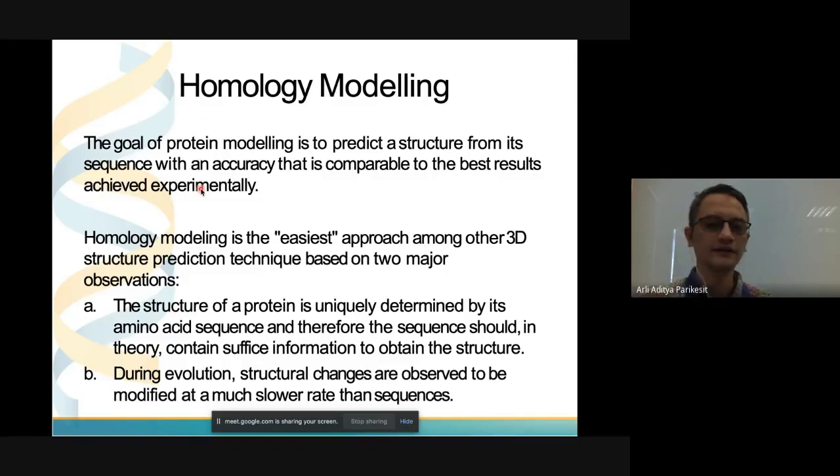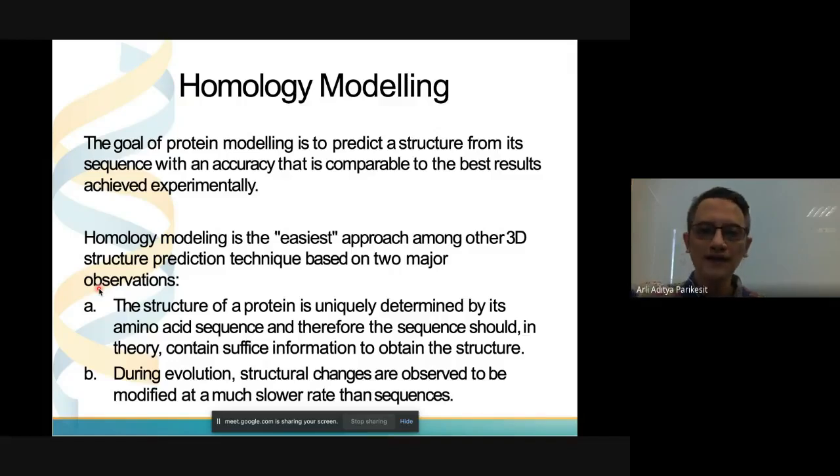So basically, the idea is, provided that you have sequences with unknown structures, that is the query, but in the database, you have sequences with known structures.